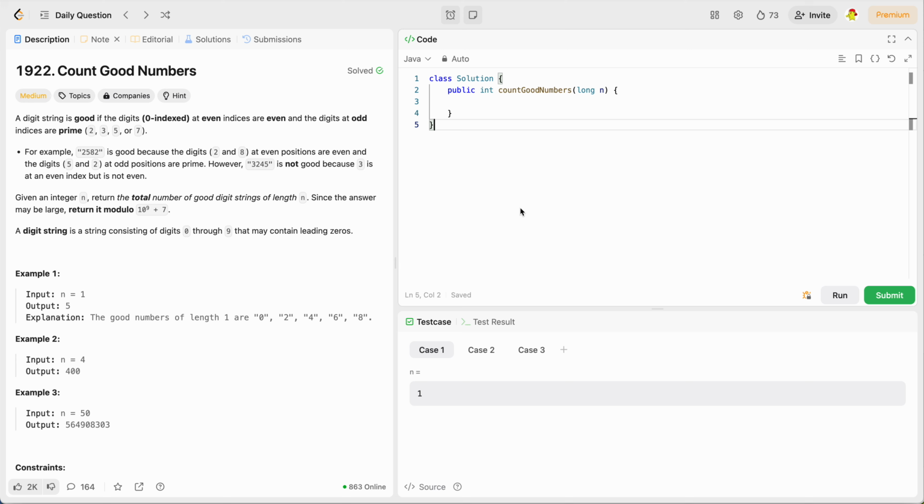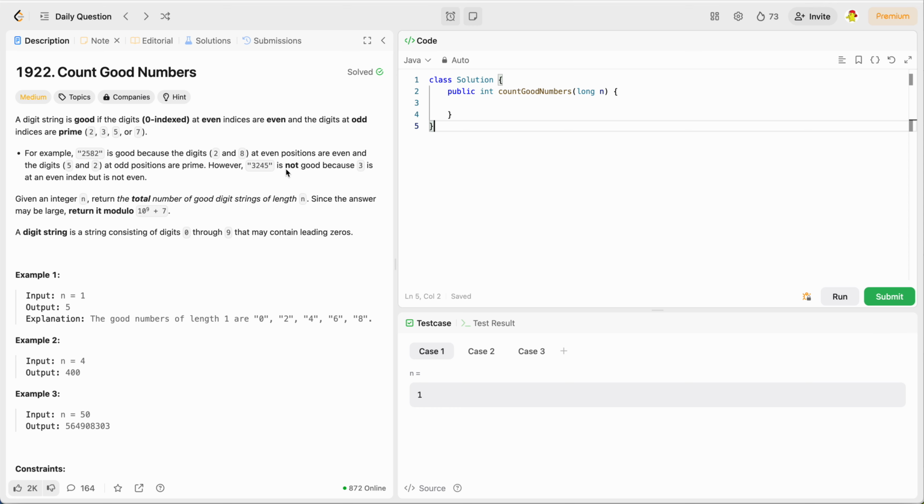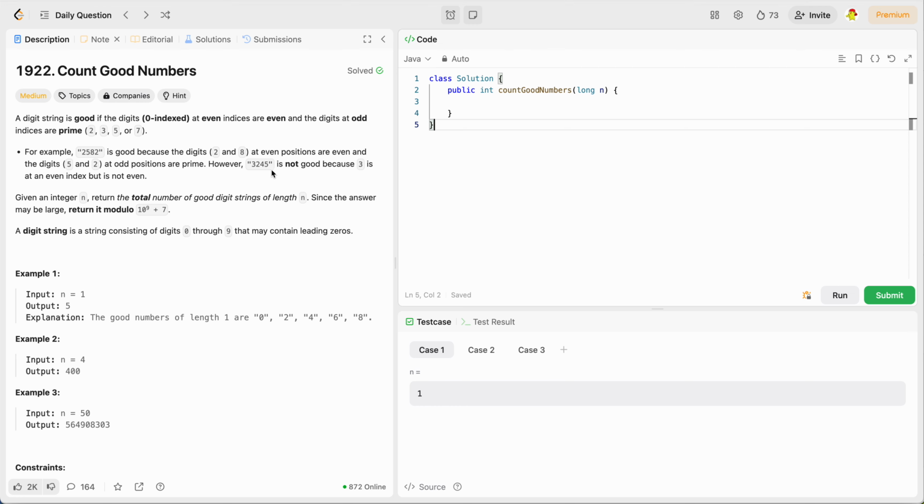Today we are going to solve a medium question on LeetCode, which is Count Good Numbers. Let me read the problem statement. A digit string is good if the digits at even indices (0-indexed) are even and the digits at odd indices are prime. For example, 2582 is good because the digits at even positions, 0 and 2,